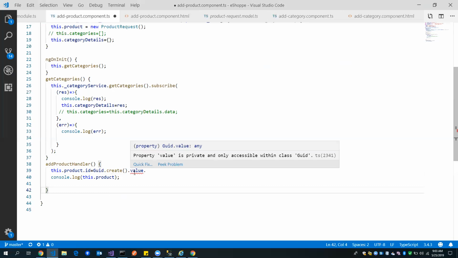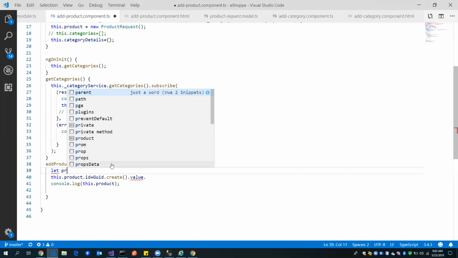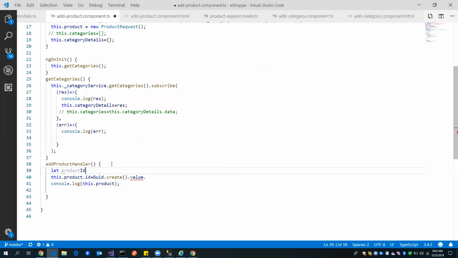Okay, no problem. What we can do is we can say let product ID equals to this, and then we can say product ID dot value. No,